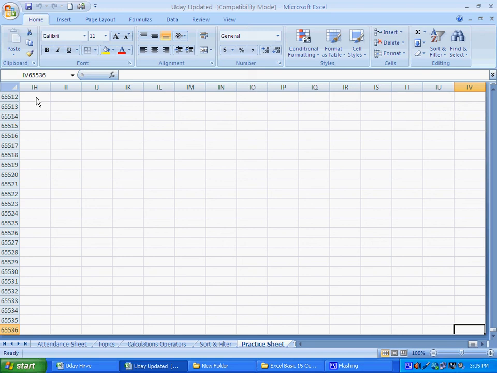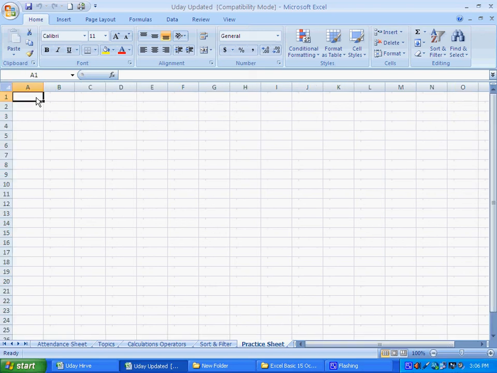If you want to return to the first cell of your spreadsheet, you have to press Control Home. So you can go through various cells in your workbook. As soon as you move your cursor, you will see the cell address mentioned in the name box. Right now I am in column I and row 9.